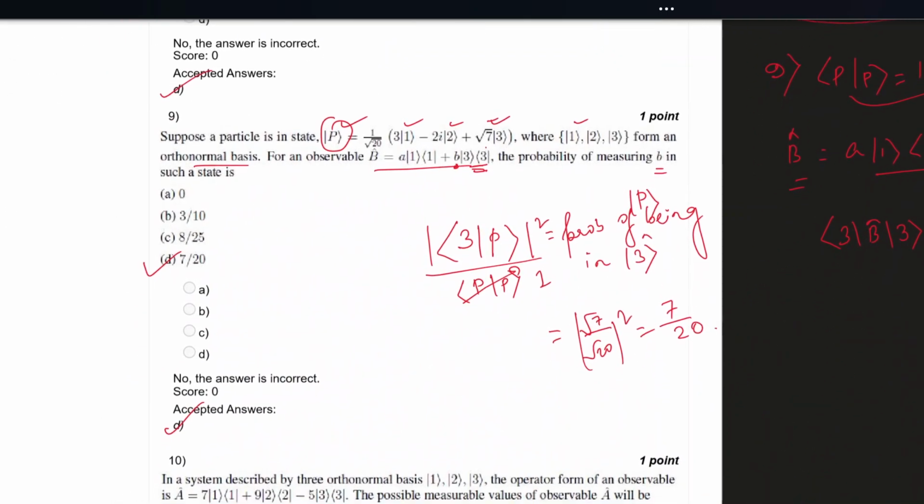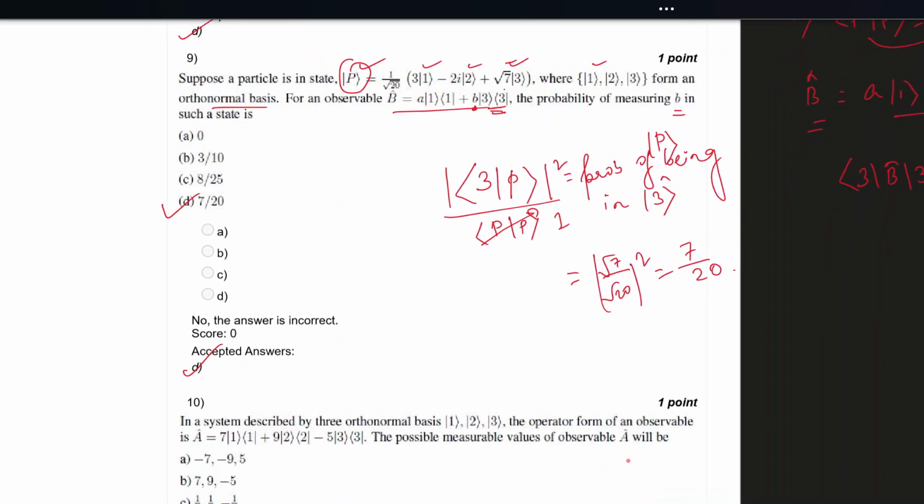Okay. Now question number 10: in a system described by 3 orthonormal bases 1, 2 and 3, the operator forming an observable A is given as this. Then the possible measurable values of the observable A will be what? So basically 1, 2 and 3 are again orthonormal basis vectors, and the observable A is given in terms of 1, 2 and 3 projection operators. Now possible measurable values of the observable A will be,